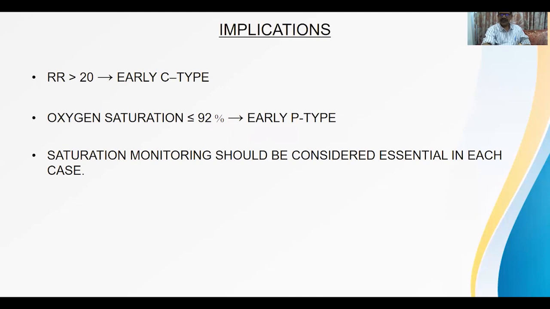So today we discussed the pathogenesis of broadly P type and C type. It is just a foundation. What we learned today is that hypoxic pulmonary vasoconstriction, the local vasoconstriction which prevents unnecessary wastage of perfusion to useless alveolus, is present in one and absent in the other. That gives you two populations. One population with early distress but good saturation. The second population with no distress but low saturation. Both these populations should be given equal importance. This is the main take-home message of today's presentation.